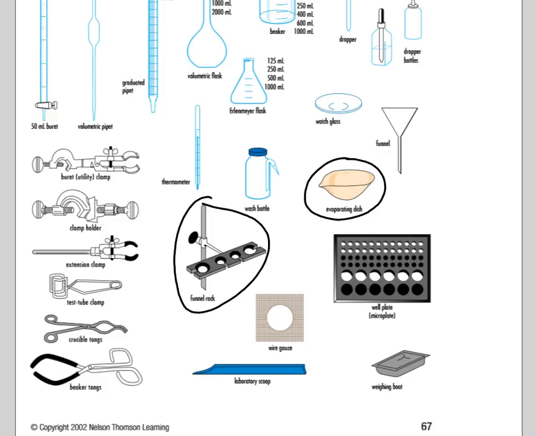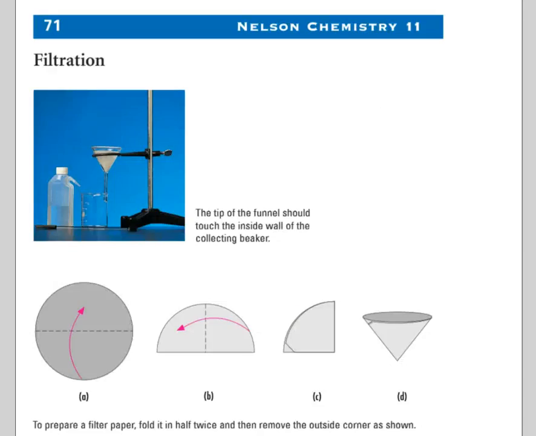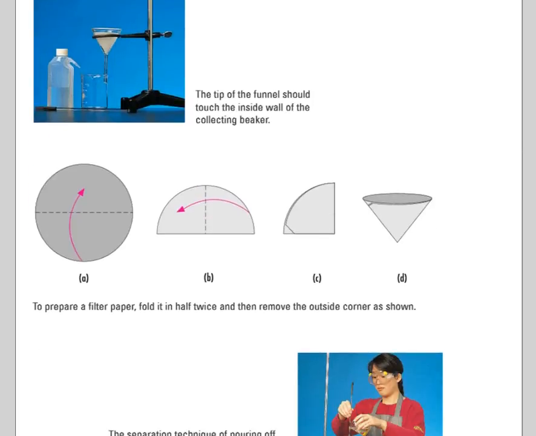This second visual here also shows some equipment associated with filtration. We have a retort stand, we have our clamp, we have a funnel, we have some filter paper, and a collecting beaker with possibly a wash bottle to rinse our filter paper. We'll do some of this type of